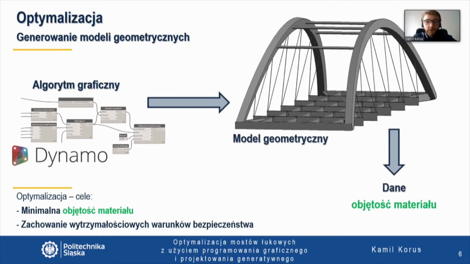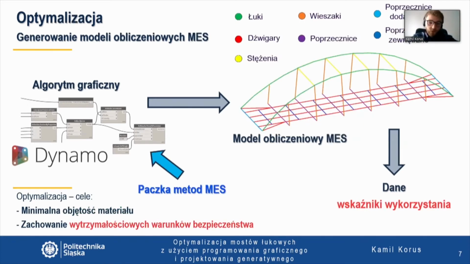Apart from creating the model directly from the algorithm, you can obtain a variety of data. Among others, this needed volume of material needed for optimization of the process. A model created in such a way may also be used for automatically generating calculation models. The way in which strength calculations are carried out within the algorithm creating geometry is most convenient, most effective, because it allows direct combination of geometric model and calculation model. Here, there is no need to export or even to create, sometimes from scratch in external software,